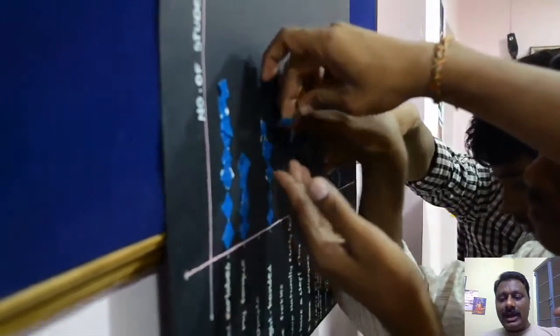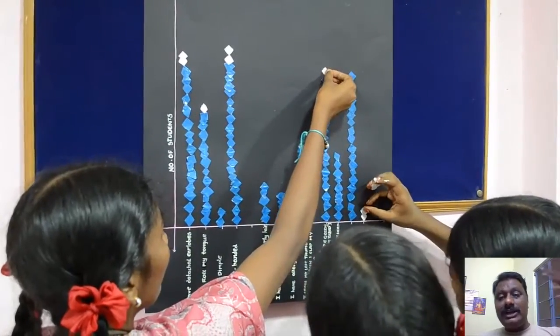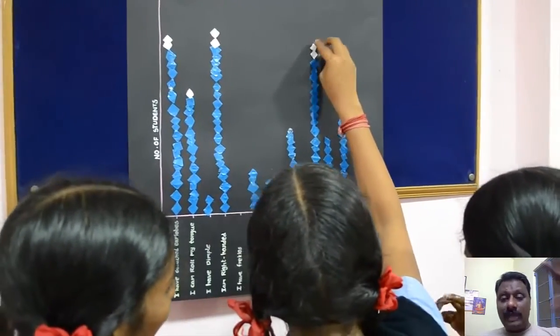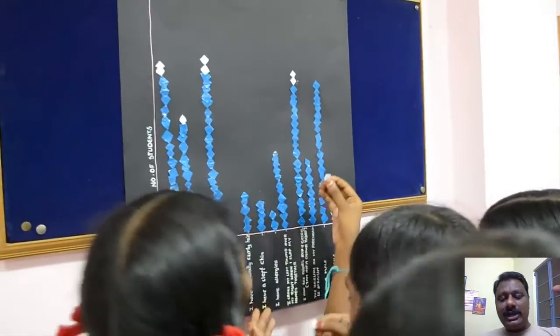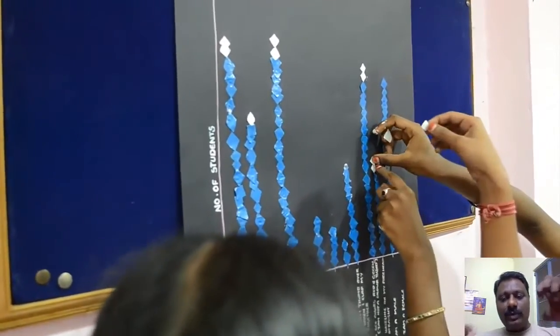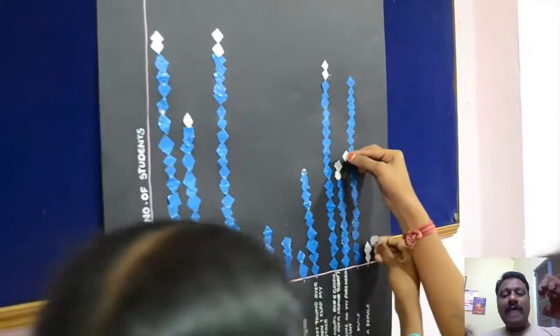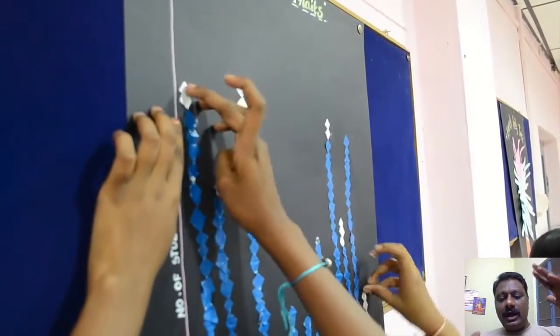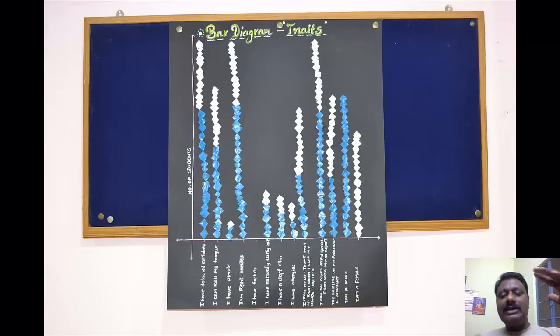together are making a graph, which is an integration of mathematics into this biology curriculum topic. So we have also looked at it in a multidisciplinary way, and we have allowed the children to explore as many subjects as possible in this particular topic, which is the introductory part of heredity for this age group. Here they can very clearly distinguish the number of blue dots, which indicate the traits present in the males, and white dots present in the females, and the abundance of the trait which they can see in this.